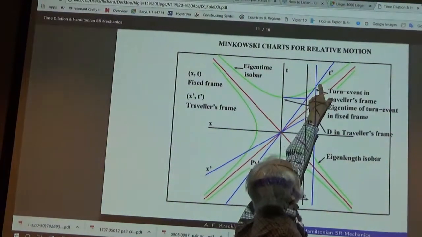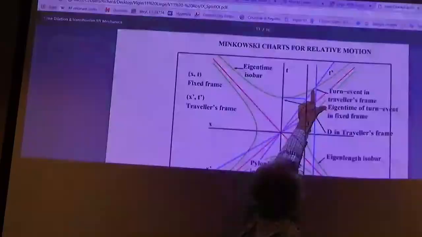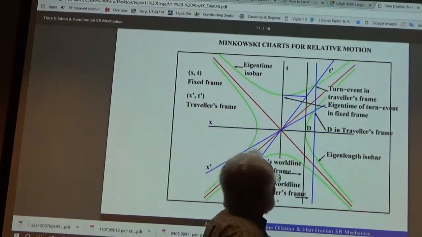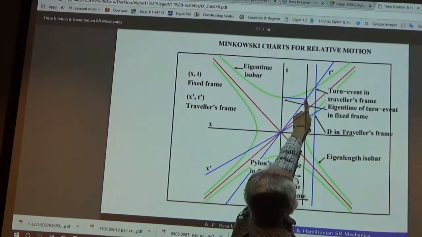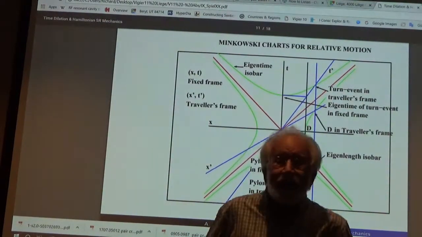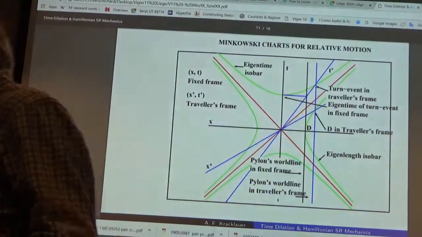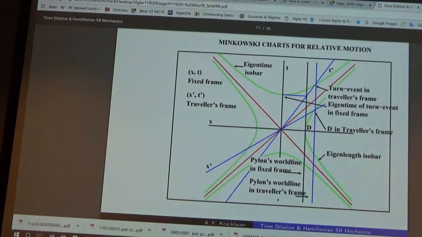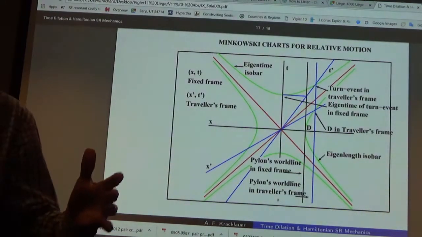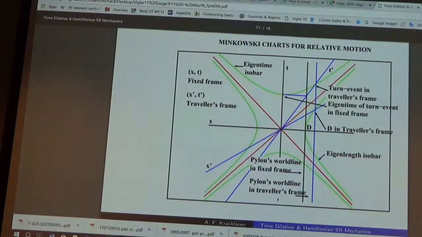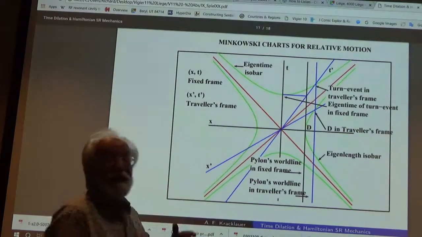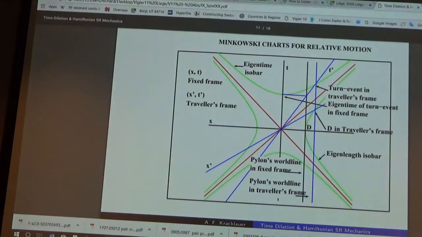It's that time there on the T minus, but if you take that down the isocline and go back here, you see it's there. And that point is exactly the same point as this one. And what that means is that even though it looks like there's some time dilation for the traveler, there really isn't any time dilation. This is only half the trip, of course, but the other half would be a flip-flop of these lines. There's no actual